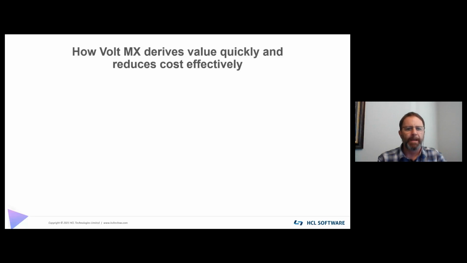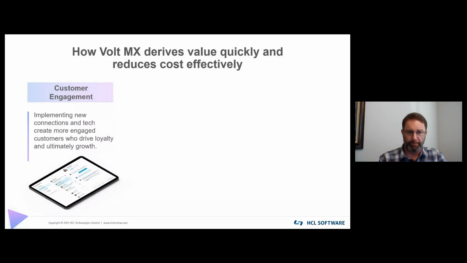So in closing, how does VoltMX help to derive value and reduce cost? Well, we can summarize it into really three primary areas. First off is customer engagement. It's important to provide an easier means to access more data in the environment. Those different types of data, whether it's geolocation info or binary data from pictures, whether it's email, push notifications, or even now the tenfold amount of data due to the remote nature of work these days, the solution can make this data available to customers, but then also scale to the needs of the business to improve operational efficiency and ultimately the bottom line.